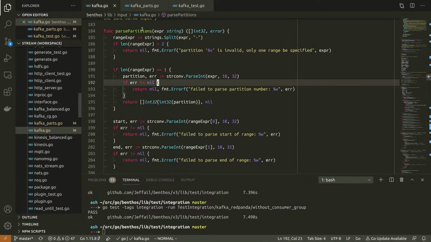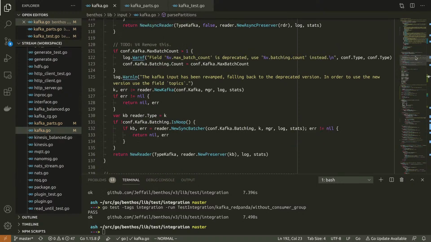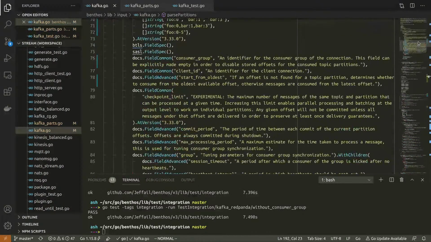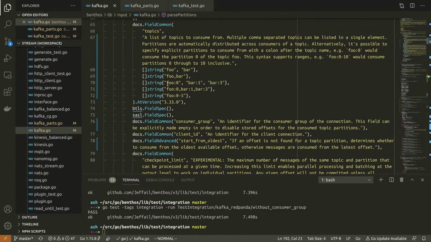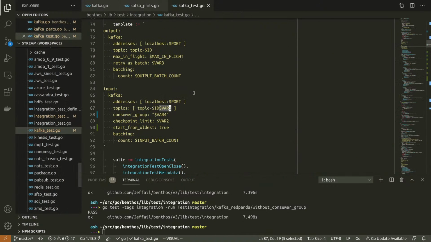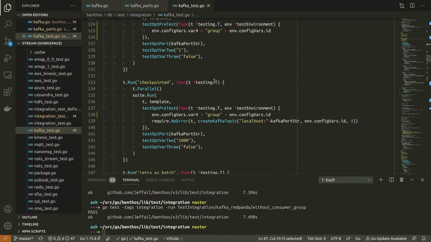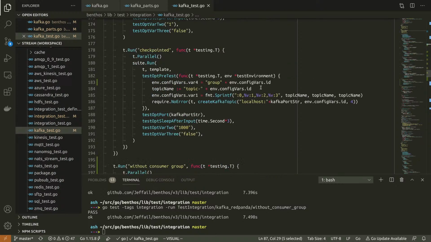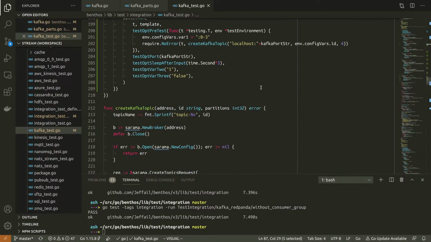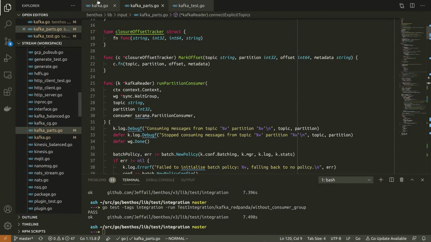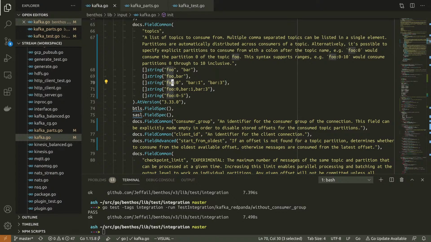Previously, the only syntax that I supported was this, where you've got foo.0, comma, blah, blah, blah, and you have a separate entry for every single partition. But now that we support ranges, I can get rid of that. I also have to do it dynamically because I have to specify the topic name for every single entry.